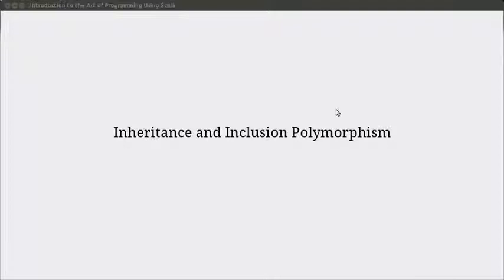We're continuing on with our look at abstraction and polymorphism, and in this video we're going to talk about inheritance and inclusion polymorphism. Inheritance is a very common feature in many class-based object-oriented languages, and it's one of the primary ways in which we get polymorphism. In this case we specifically get what's called inclusion polymorphism, which is a form of universal polymorphism. So it gives us the ability to write one piece of code and have it work with effectively an infinite